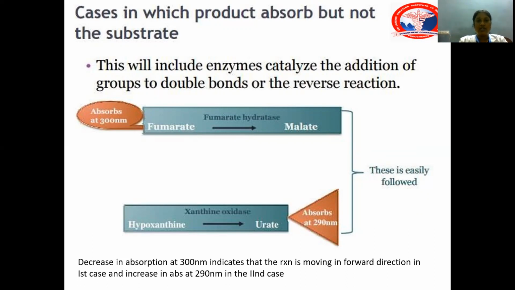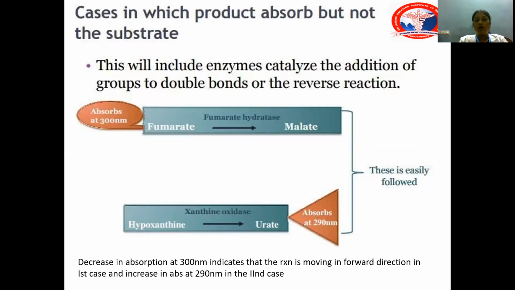Here you can see fumarate will absorb light at 300 nanometer, that is UV light, and it can be converted into malate with the help of the enzyme fumarase. But malate will not absorb light. So similarly,